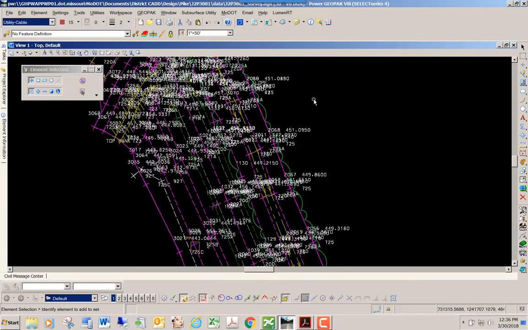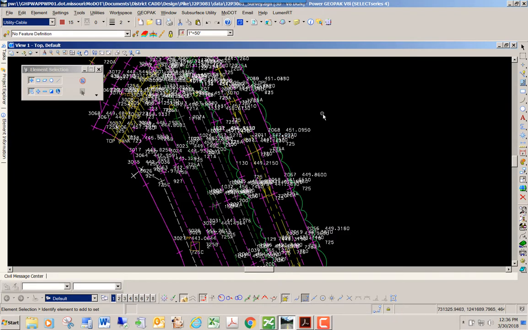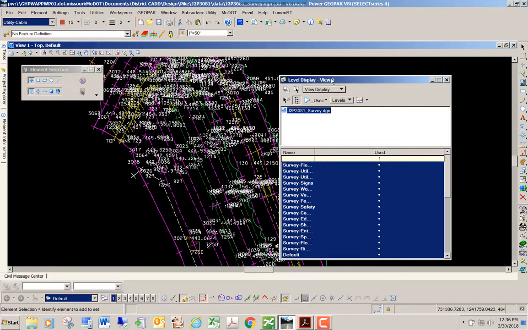Now, by using the level manager to turn off text, that's going to create an issue later on in our design, and we'll show you that issue, and then we'll come back to the survey file and turn off the text the correct way. Okay, so I'm going to go to level manager,